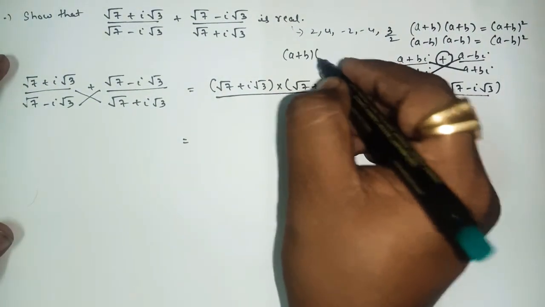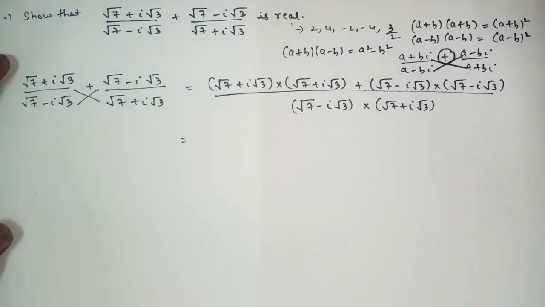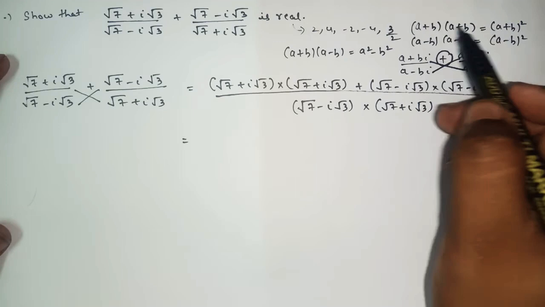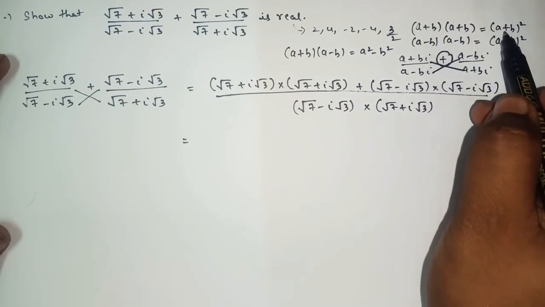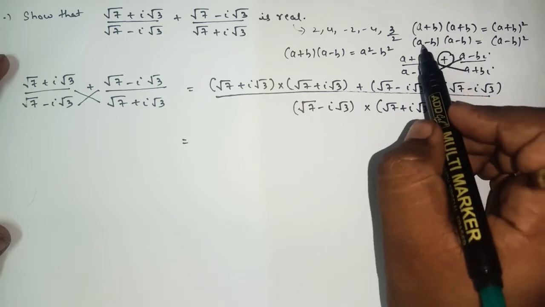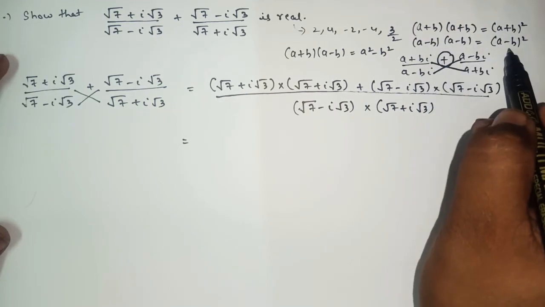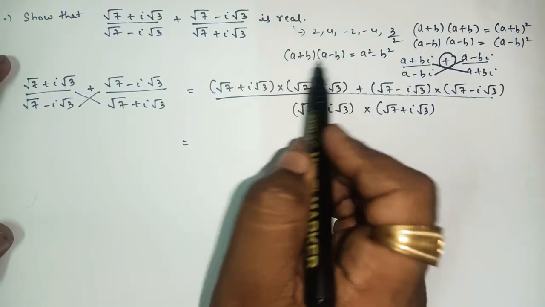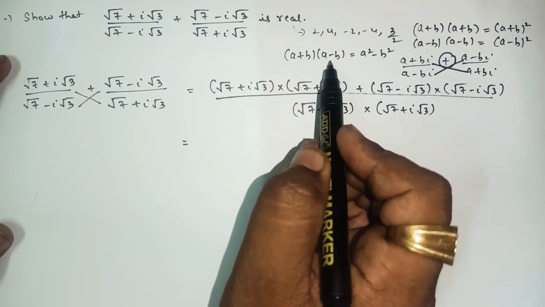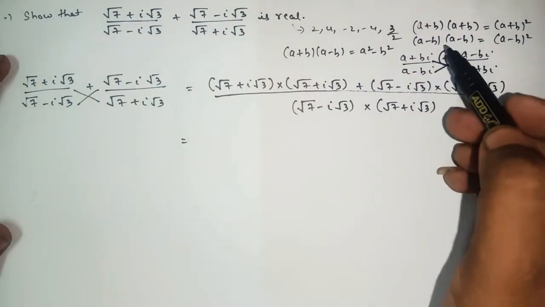(a plus b)(a minus b) we can write as a square minus b square. Yes or no? Whenever the symbols are the same and the numbers are the same, instead of bracket expansion you can write it as a plus b the whole square. Numbers same, symbols same, as here we have minus, we can write it as a minus b the whole square. When the numbers are the same but have opposite symbols, it looks like the a plus b, a minus b formula, which we can write as a square minus b square. Okay, so this is one method.